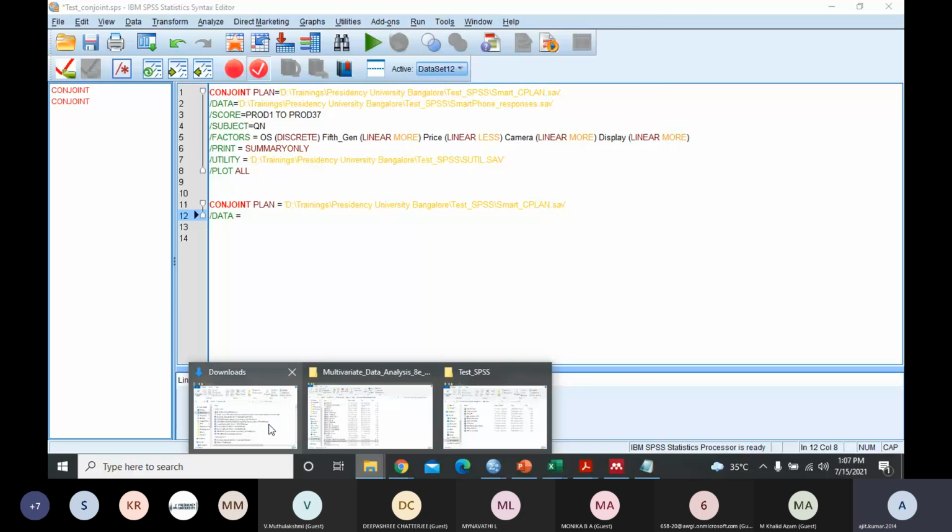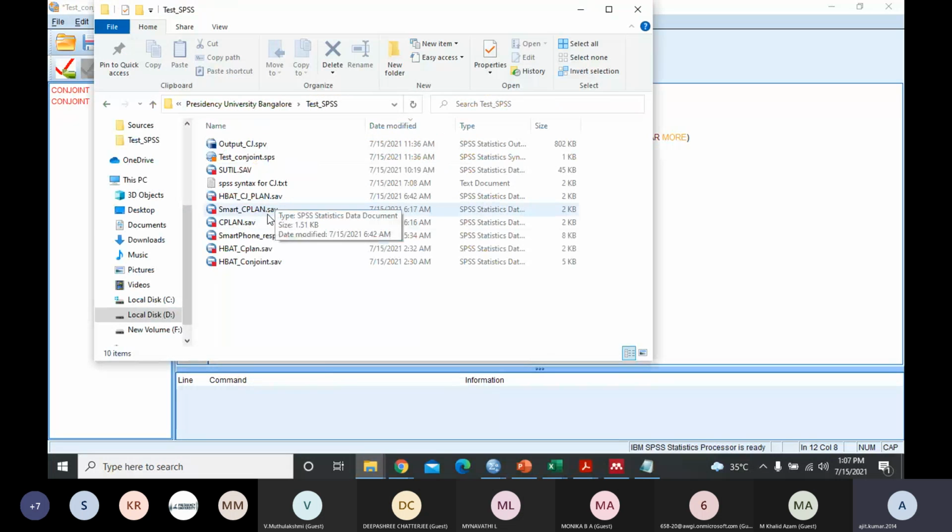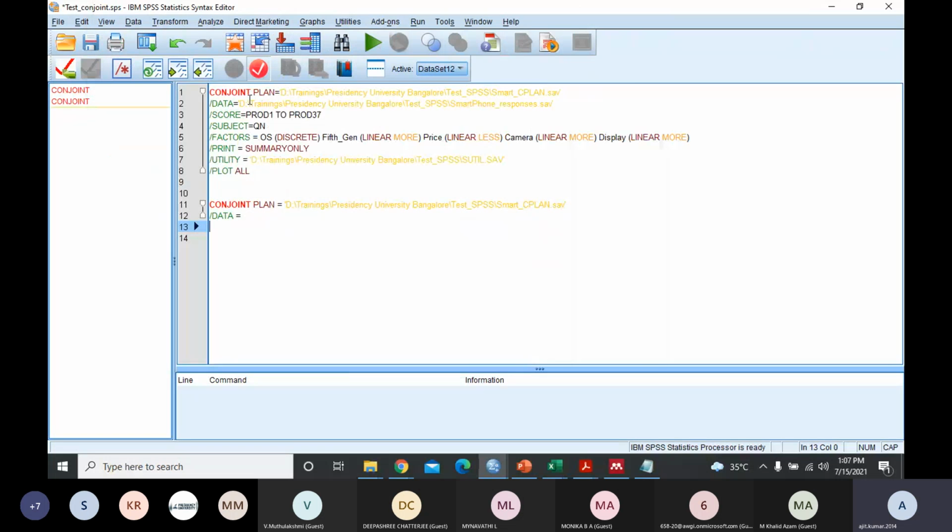I have kept the consumer response file here, the HBAT consumer response or smartphone responses file. Again the same thing, the address and the name of this file, with single quotes on both sides.